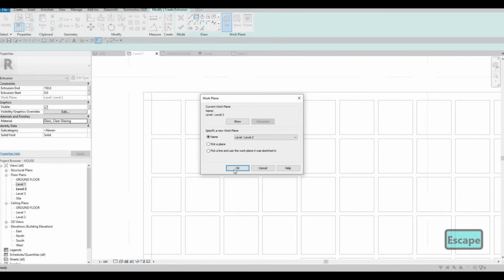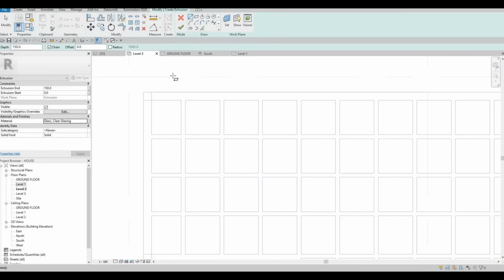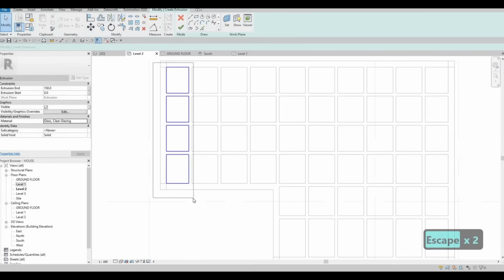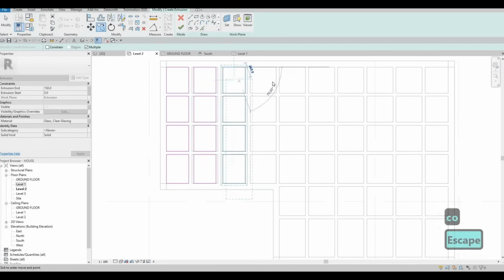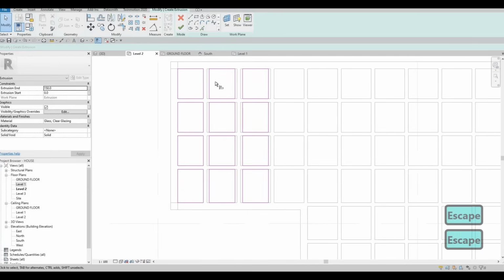I'm going to set this, pick a plane, and let's choose this. And then once you do, you just need to add it. I'm gonna add one part right here and then copy it so that it's easy to copy, because I know everything is the right size except for the,